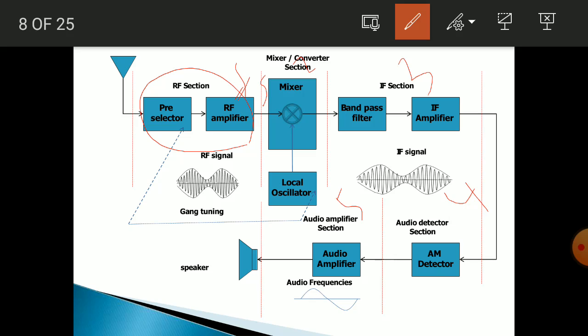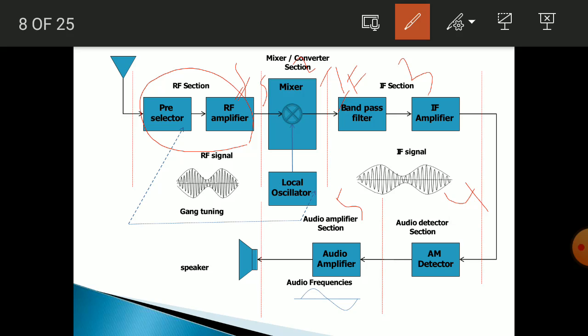So from the RF amplifier one signal with a different frequency and from the local oscillator one signal with a different frequency are mixed in the mixer to produce a signal with a new frequency. Here the IF, that is the intermediate frequency signal, is produced. This is the function of the mixer.